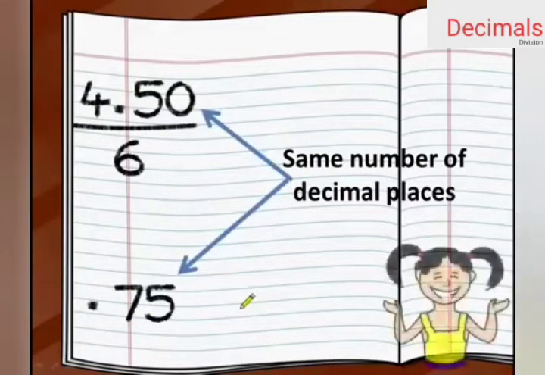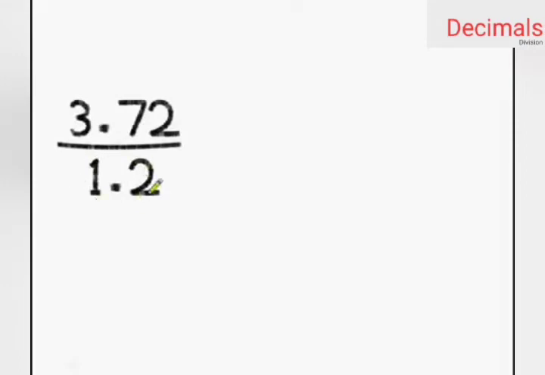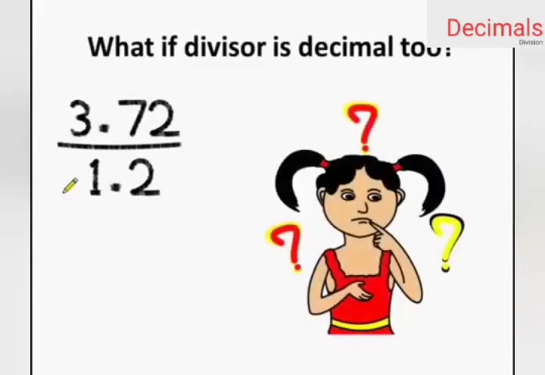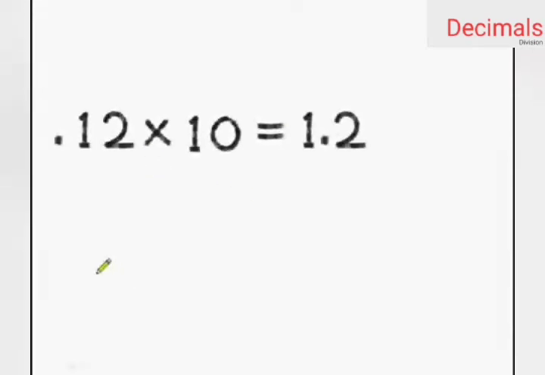Suppose we need to divide a decimal by a decimal, then what will we do? This is the major question, right? Till now there was no decimal point in the position of the divisor or in the denominator, but what if the divisor is decimal too? So what will we do? While doing multiplication, we saw that if we multiply any decimal number by 10, then the decimal point moves to the right by one digit. Since we have 10, you just need to check out the base 10.